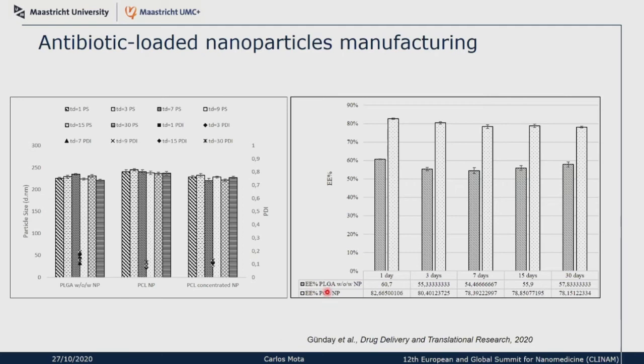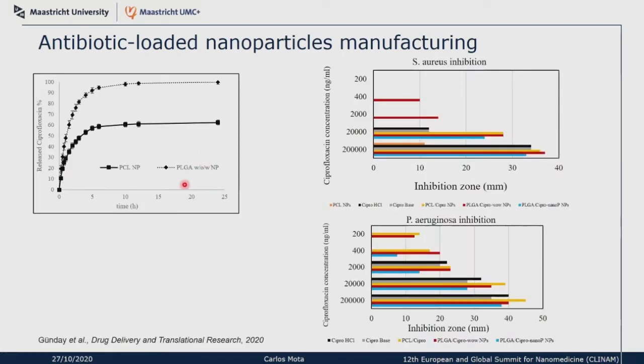We have different loading efficiency on PLGA and PCL. On PLGA, we can load up to 60% of our initial drug concentration, and on PCL, we can load up to 80%. The difficulty here is that we have very fast release on these nanoparticles, so we are also looking into ways to overcome this. So normally on microparticles, we can then extend the release profile, but we are mainly interested to have a sustained release for the 2 initial weeks.